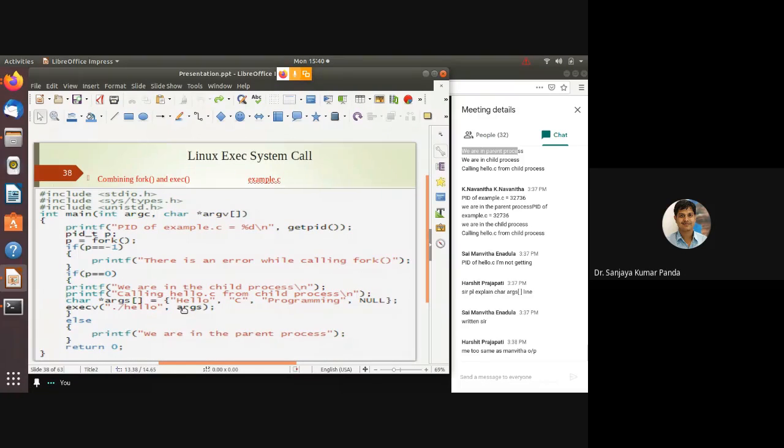But till now I have not mentioned how you utilize this ARGS in the hello.c file. That's why you may have doubt: why are you passing ARGS if you are not using ARGS in the hello.c file? So this is nothing but an array of pointers.